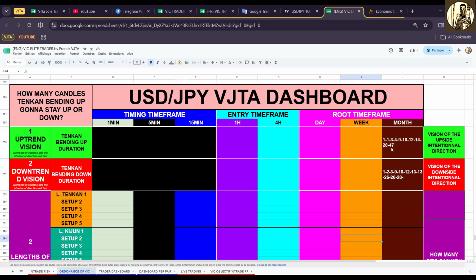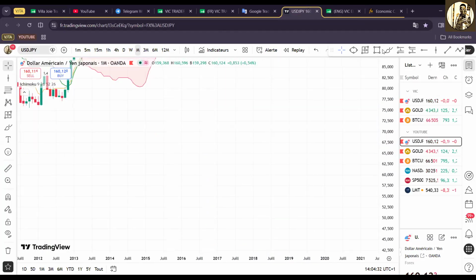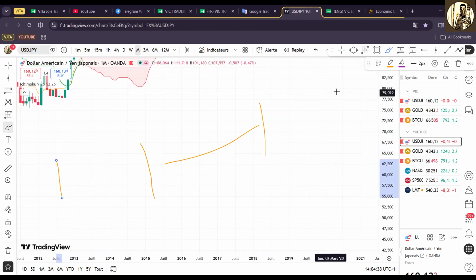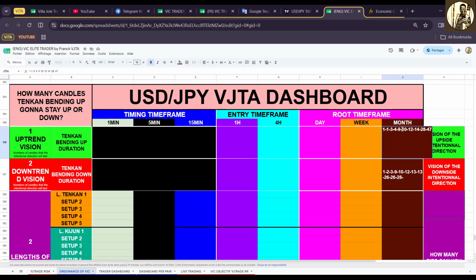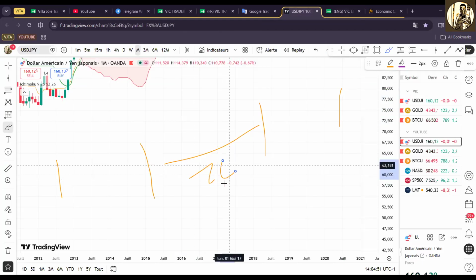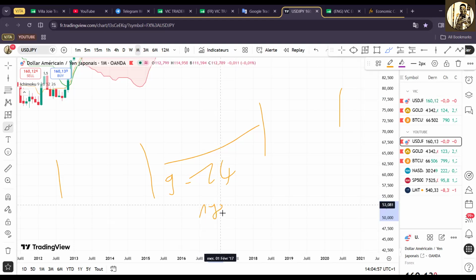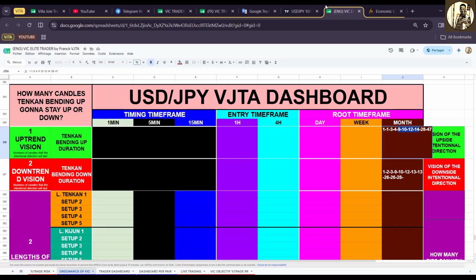Tenkan bending teaches you that the uptrend bending of Tenkan toward the upside like this can last, on average, between 9 months and 14 months. So those are the numbers. So you can actually have a trade of 1 year, like 14 months, between 9 months and 14 months. Now you can actually hold a trade for 1 year if you are entering at the bottom of a first Tenkan bending, right? And go and sleep and become rich while sleeping.